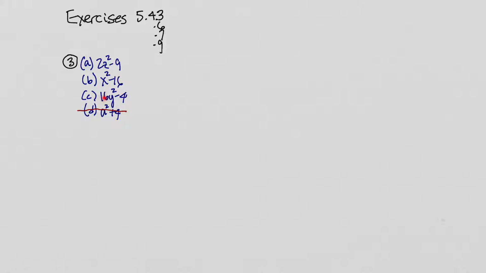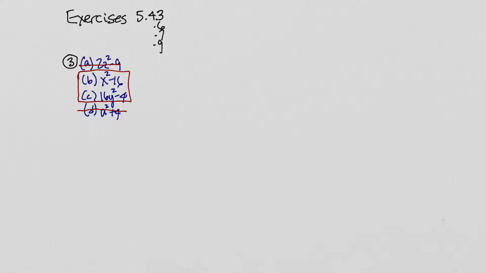And how about this one? 16 and 4. I know the square roots of both of those. This one up here is going to give us a problem, though. The 9 is okay, but the 2, I can't take the square root of 2 and get a whole number. So let's cross that one out. So what we're going to conclude then are these two here, B and C,